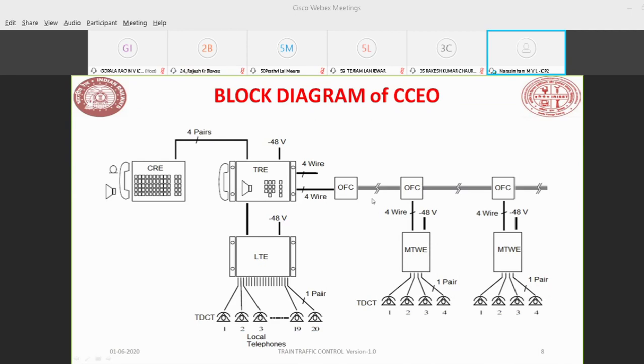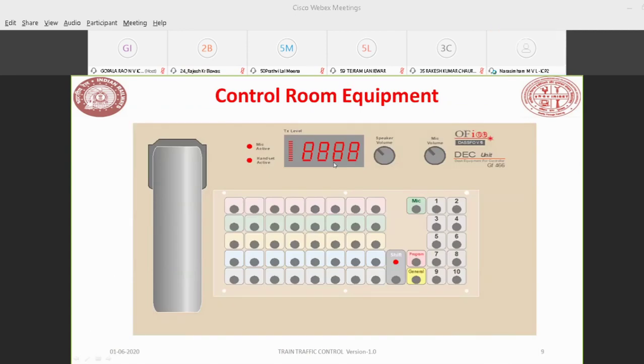Okay. So next. So already we have seen this thing. We are having 40 buttons and with one phase shift button. This combination we can call 80 stations from this control equipment. This programming button is used to program the equipment. This equipment can be programmed for each and every button.